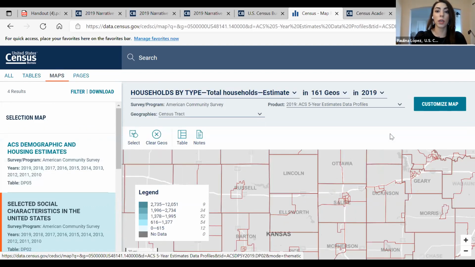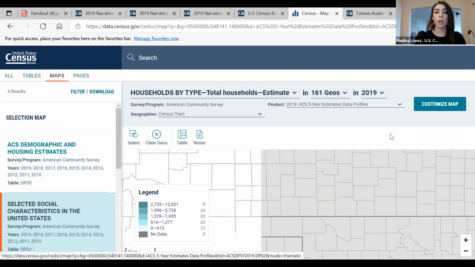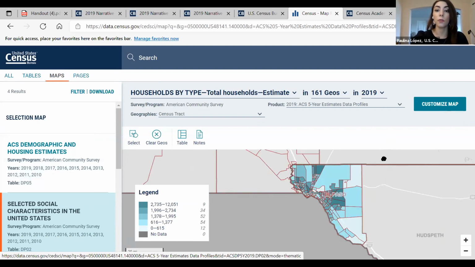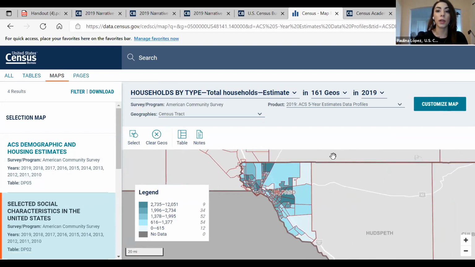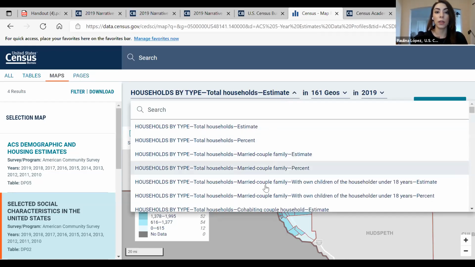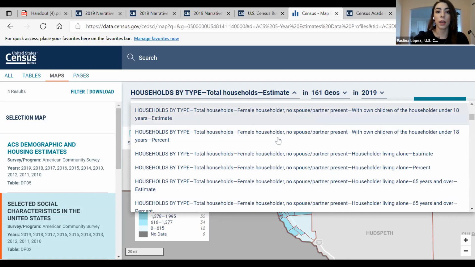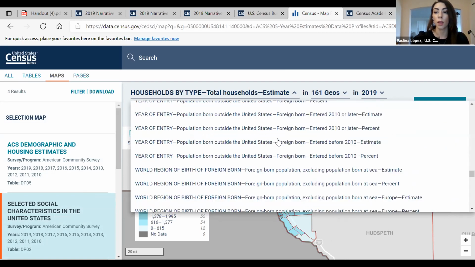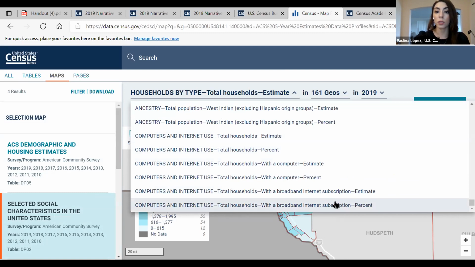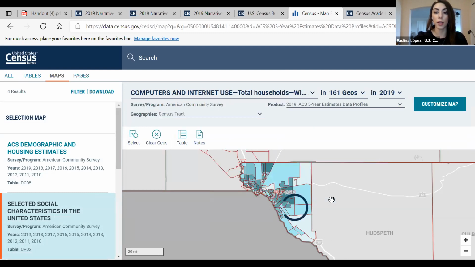And here you will see, in our first table, when we selected the filters that we wanted for our search, I wanted census tract information. So it has selected the 161 census tracts in El Paso County using ACS 5-year estimates down to, again, census tract level. And using the maps feature, you can map any of these topics that I have available for any of the categories. So in this case, I wanted to know internet access at home. What's the percentage of households with internet access?